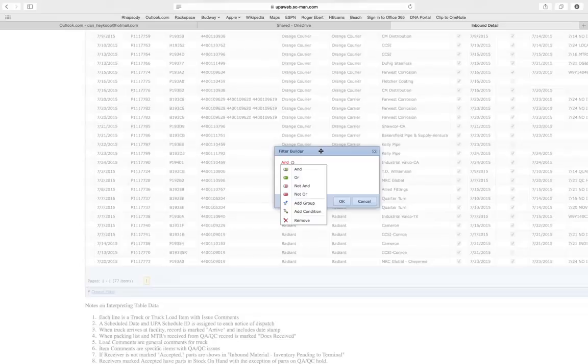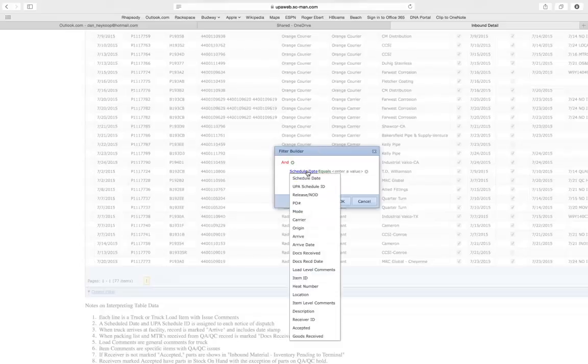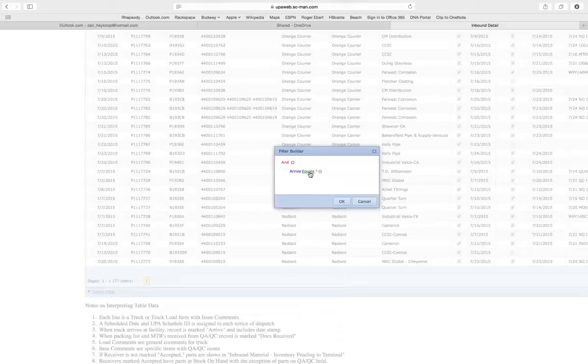For example, let's say we want to find everything that has arrived, and that equals, and we got just a little question mark here because that's a checkbox, so everything that has arrived. And then we're going to come in and add a group,